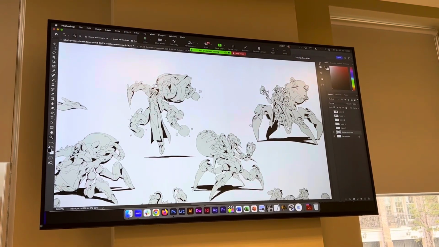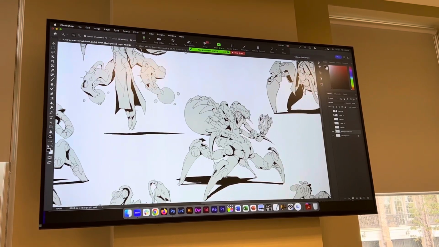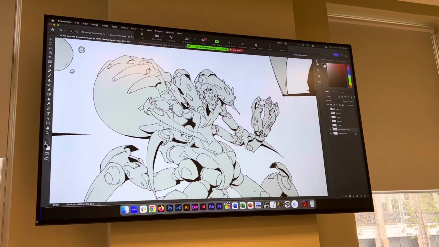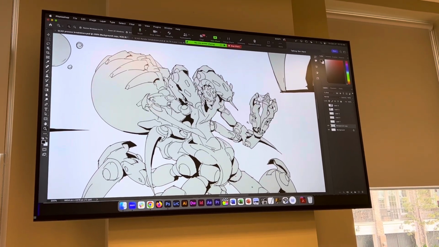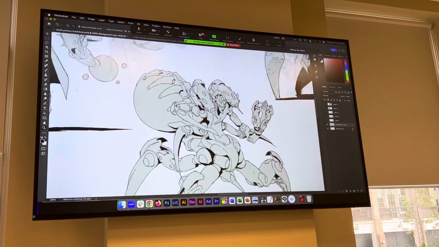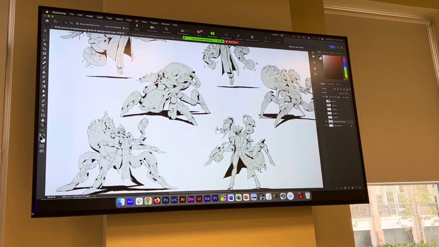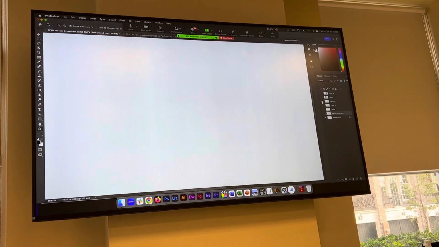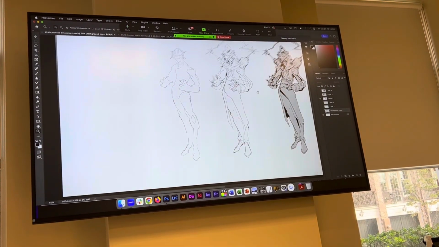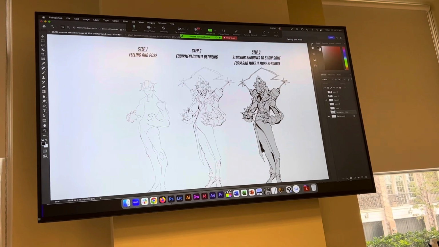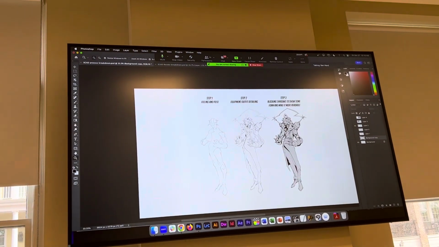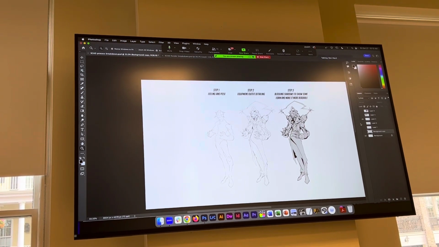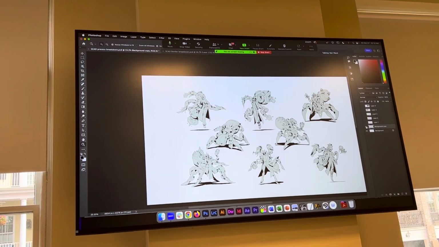So keep it simple, keep it loose, and most importantly, keep it varied. At the same time, inject as much idea as you can. As long as the idea is suggested, it doesn't have to be drawn really well. So these are the ideas that I came up with for this spider dude guy. One thing I want to do is break down a bit of this thumbnail drawing process for you guys. To give you context, a page of these, in a professional setting,